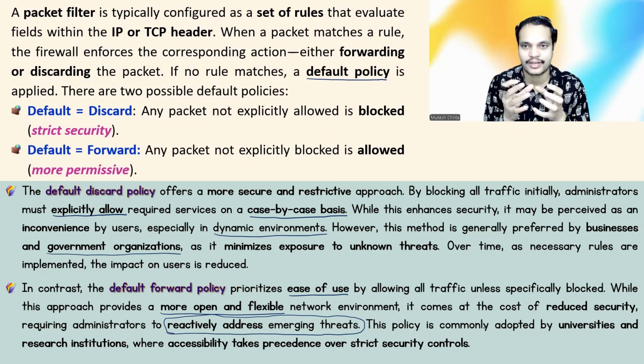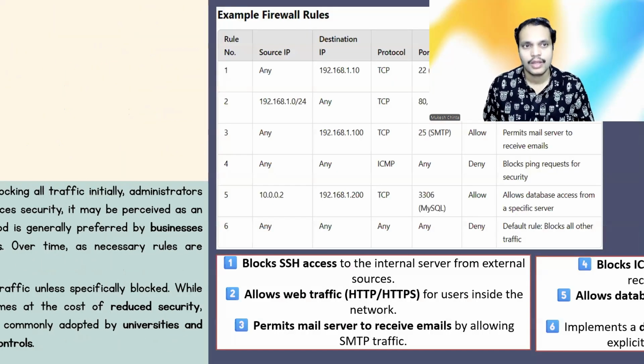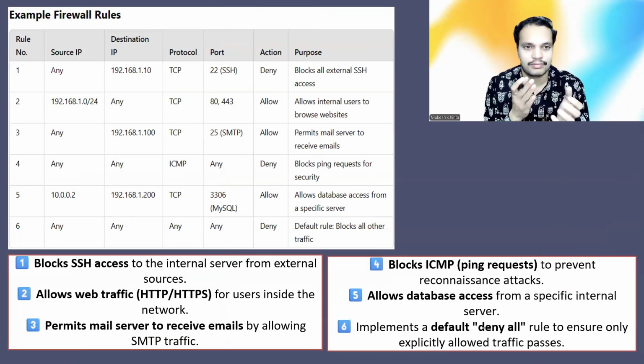If you want strict security measures, that means you only want to allow the traffic that you wish to permit to pass through, you implement the discard policy. In more dynamic environments, with more users and different types of applications being used, you prefer the default forward policy. Okay. Now this is an example to understand how the rules are set in a packet